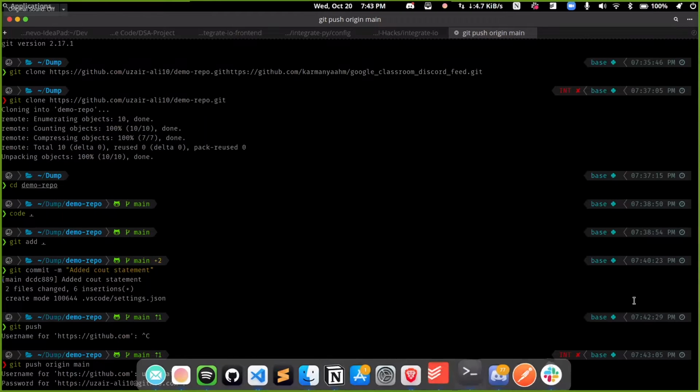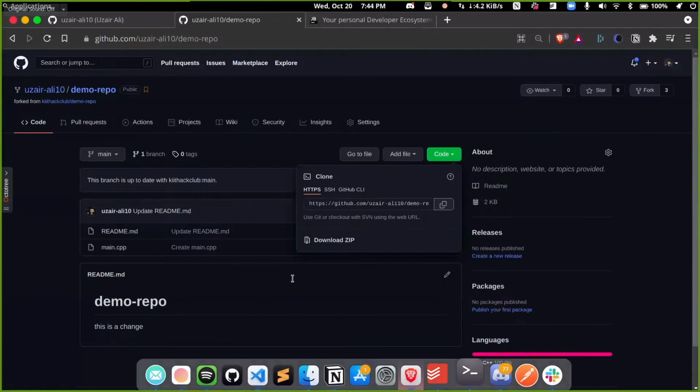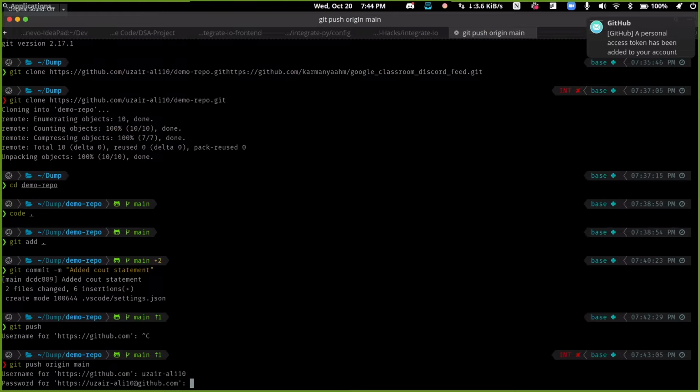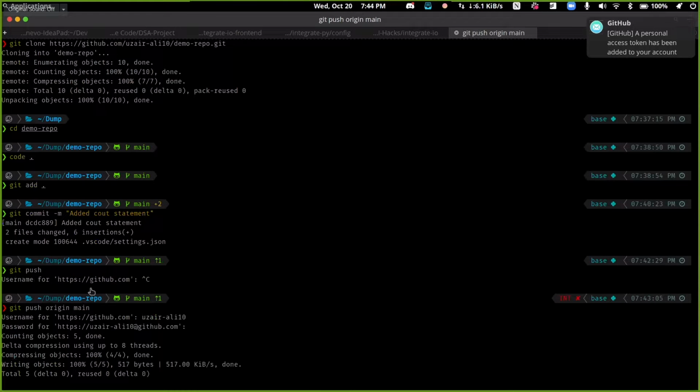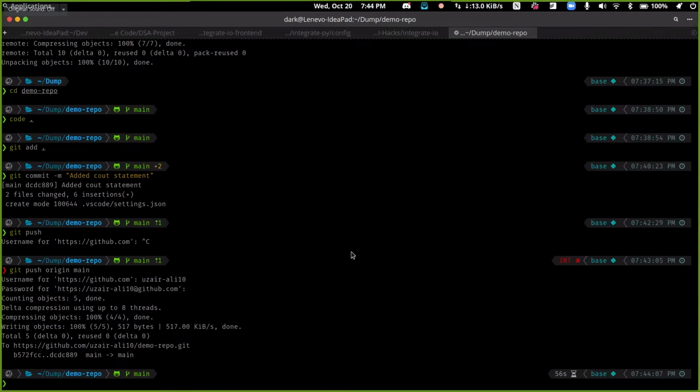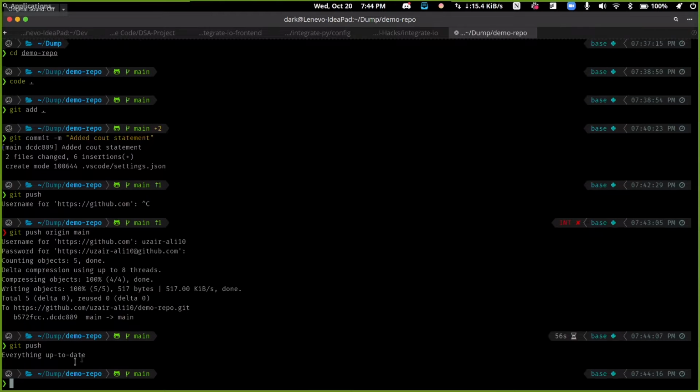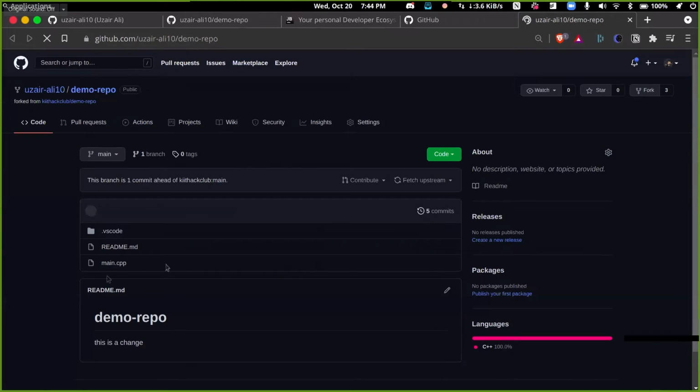See, now all you have to do is git push, and it will make everything up to date. Now you can see that those changes are being reflected in the original repository as well.